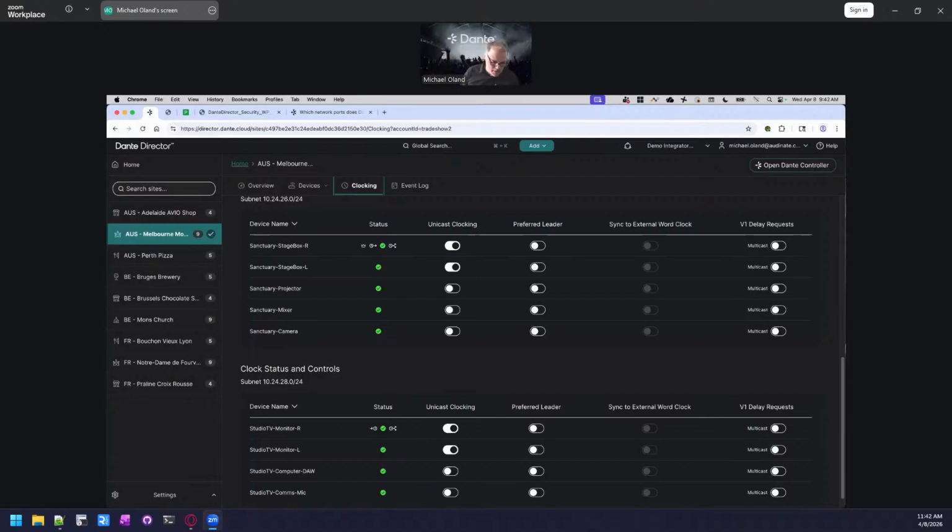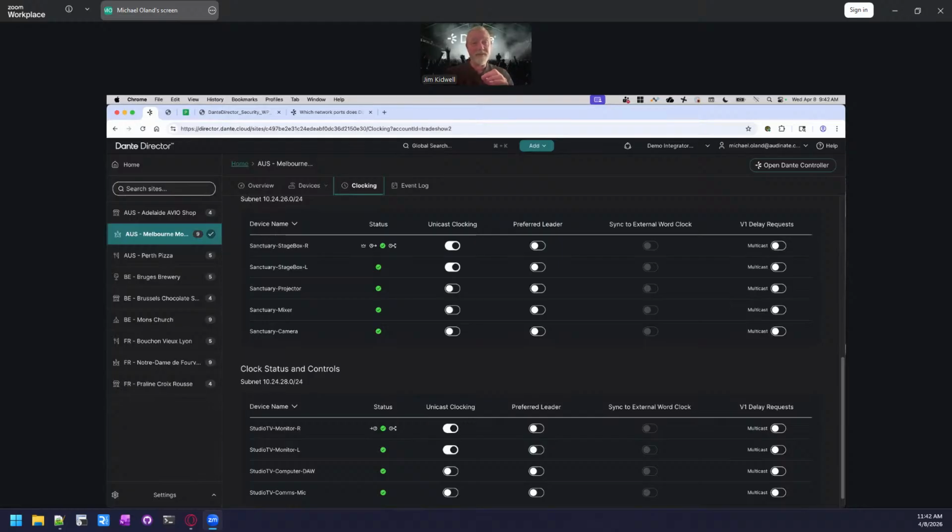And another question that's come up is the cross-site audio sharing. You know how we had cross-domain audio sharing? I know it's not in the product. Do you know what the status is? That is coming very soon. So there are a couple of features that are on the roadmap that are in development right now. So this is obviously an active product. We are constantly changing it. If you've come to our webcast before, or if you've played with our software, you have seen this product mature and change and grow dramatically.